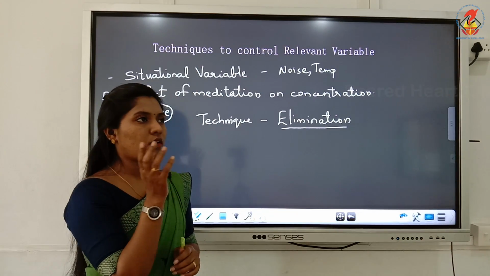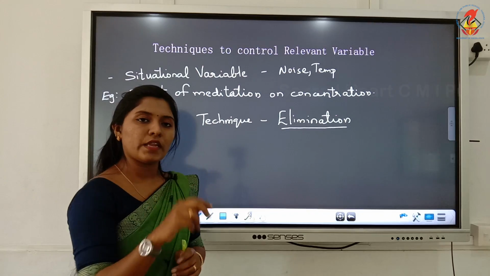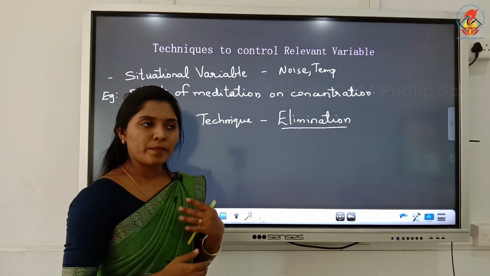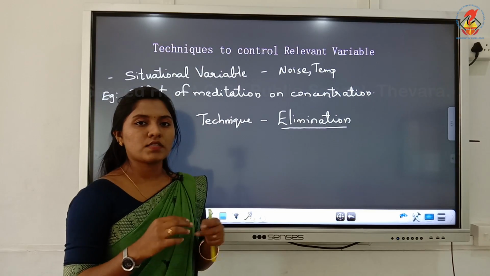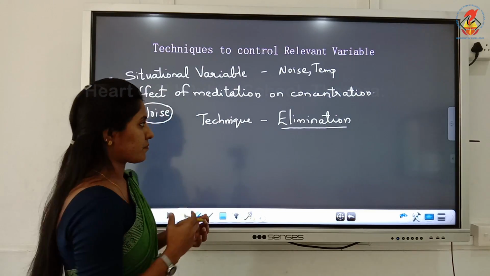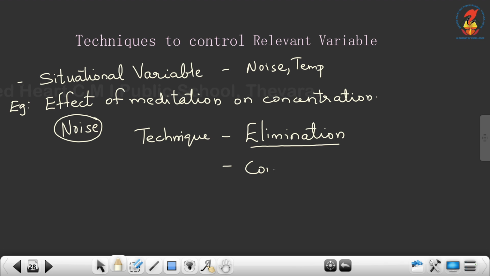Suppose the elimination of that particular situational variable is not possible, then we can make the sound constant. We can make the sound constant so that the effect remains the same.